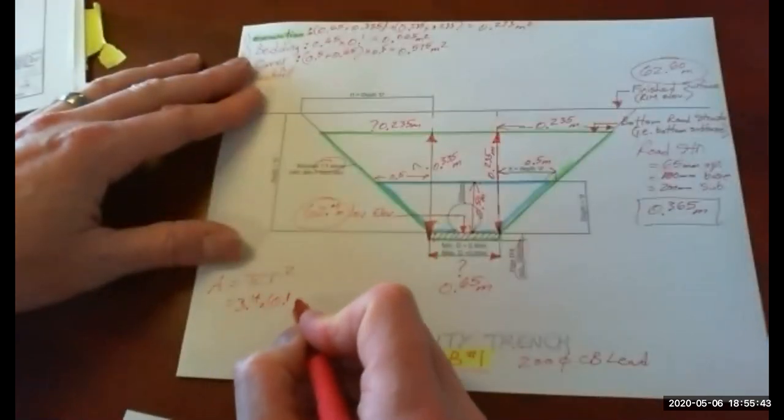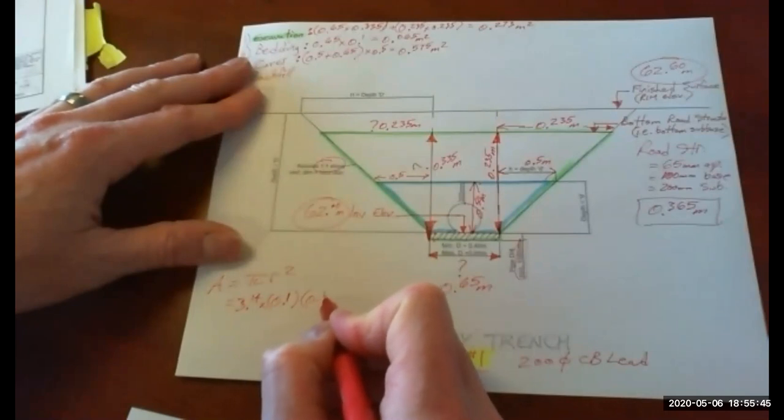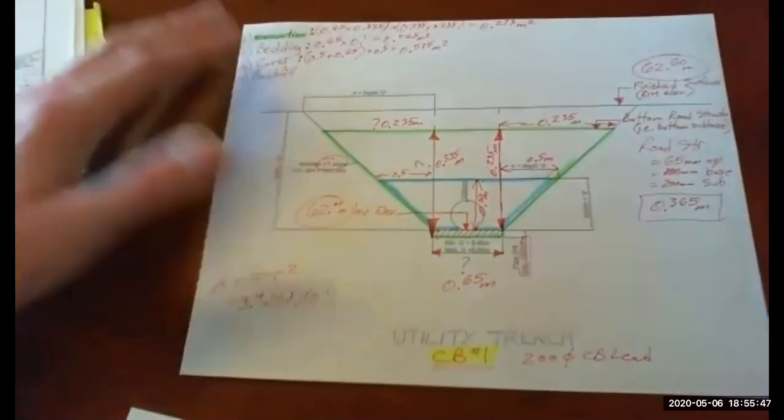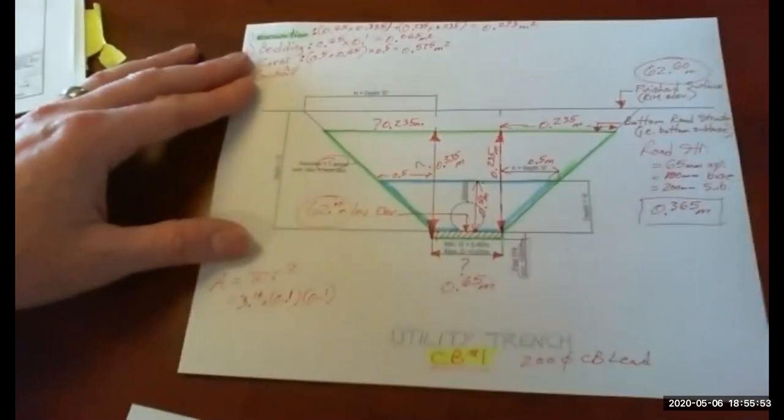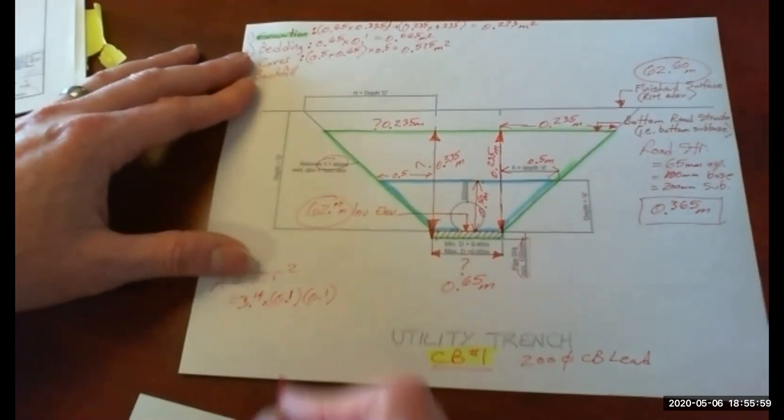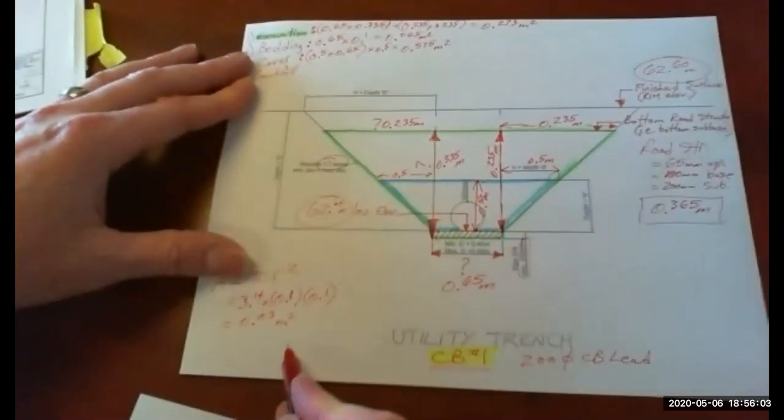So times 0.1 times 0.1. So 0.1 times itself. So if I go 0.1 times 0.1 times pi, so that's 0.03 square meters. We need to deduct